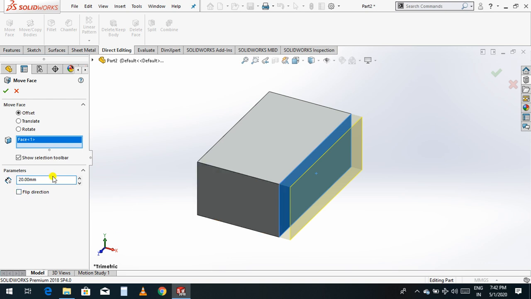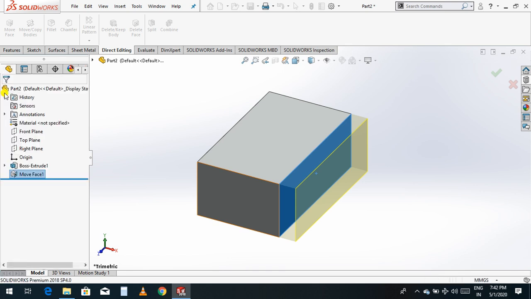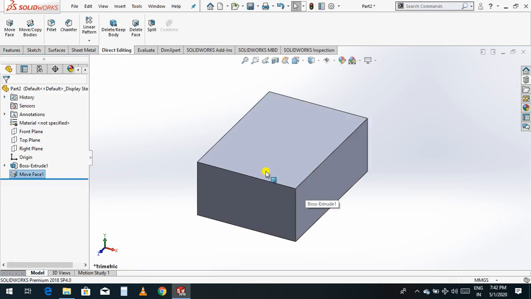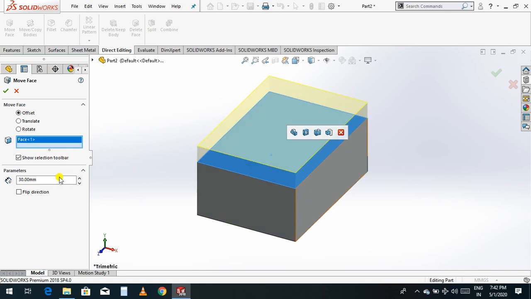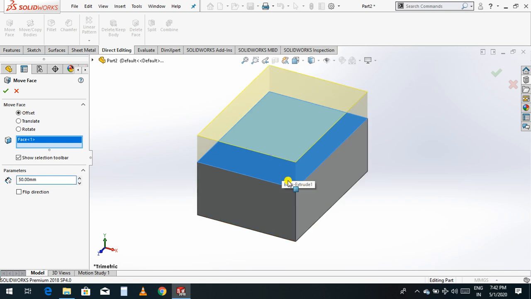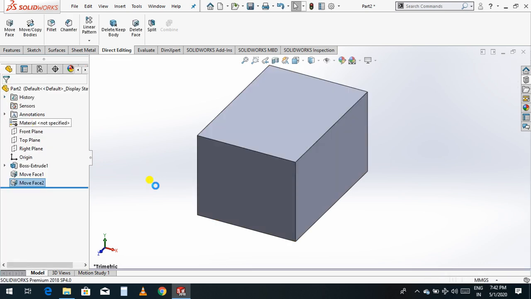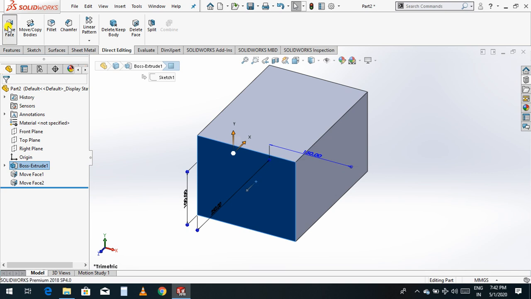If you click again, it is 30. Just click OK, so this length has been increased by 30. Again click OK, select this face and extrude up to 50. You can see the extrusion has increased by 50.